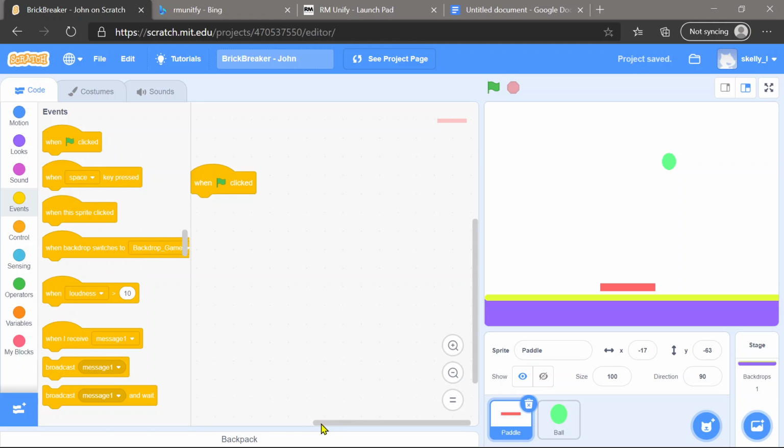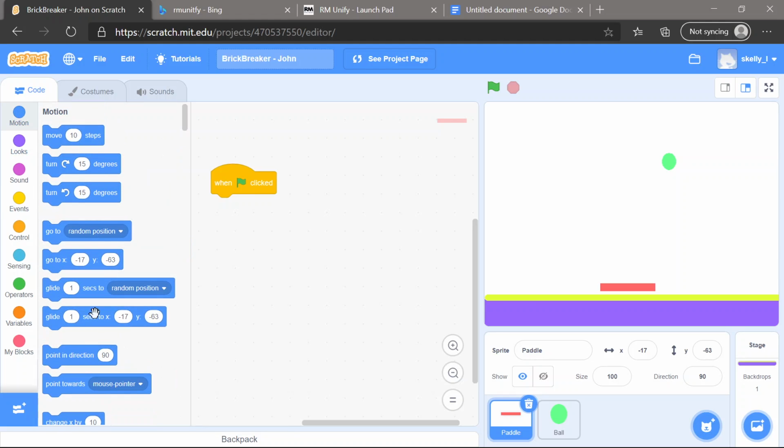Now we want our object to first of all go to the correct position. If you have your sprite in the correct position, you won't need to change that, but you can always change the instructions. So let's say we want our object to go somewhere else, x 0 and y